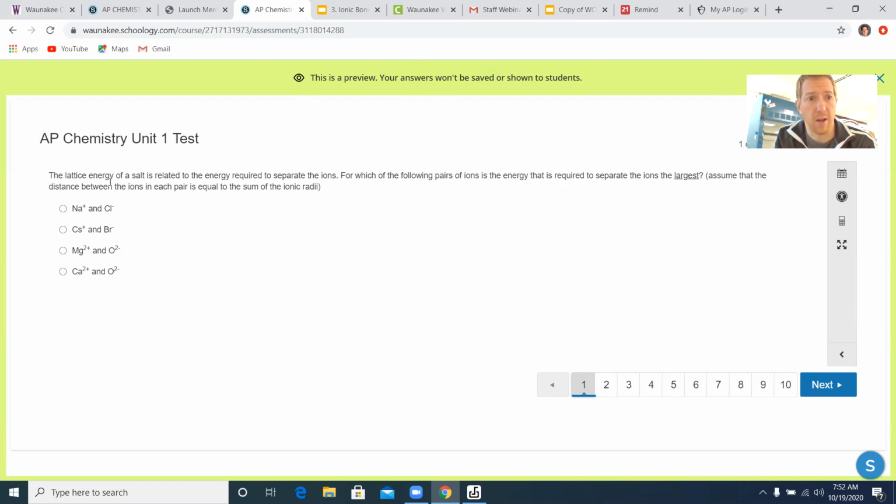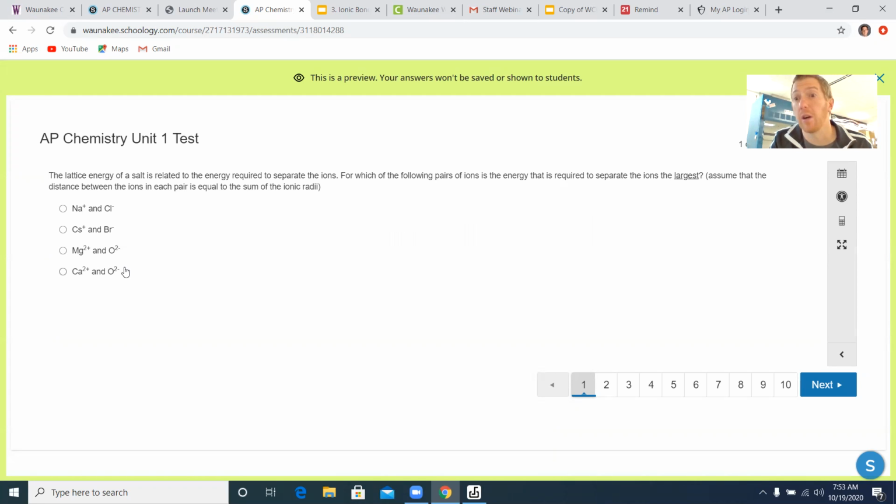First question I have is the lattice energy of a salt. Which, again, a salt is just an ionic compound, is related to the energy required to separate the ions. For which of the following pairs of ions is the energy that is required to separate the largest? We went over this in class, where the first thing you need to be looking for is the largest charge product. So plus twos and minus twos, which means it's got to be one of these two options right here